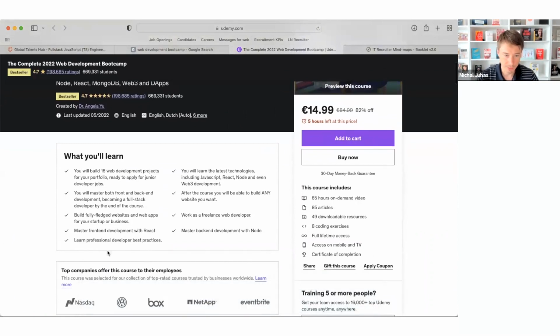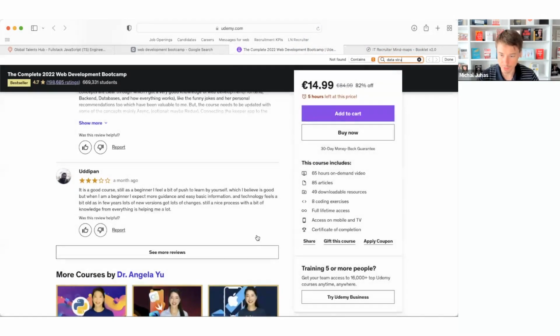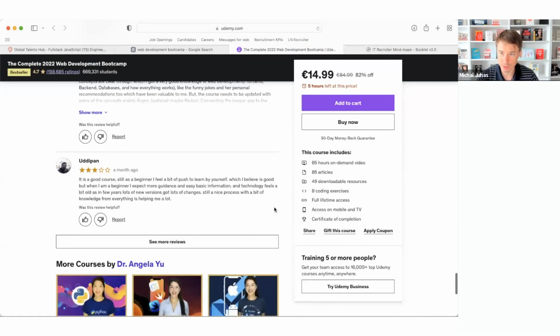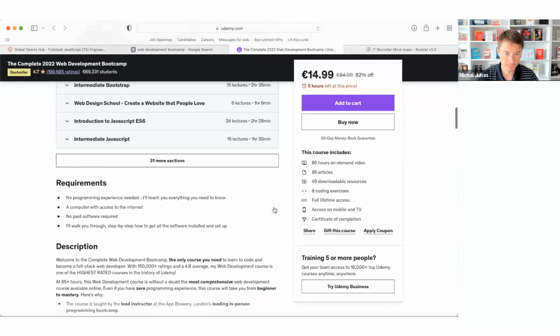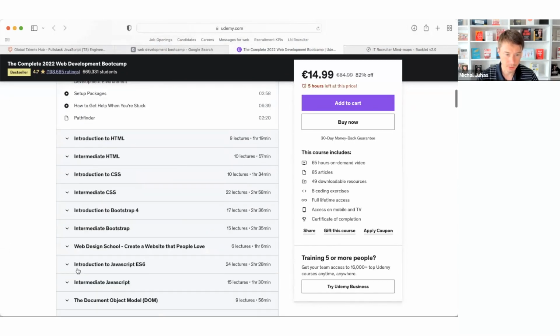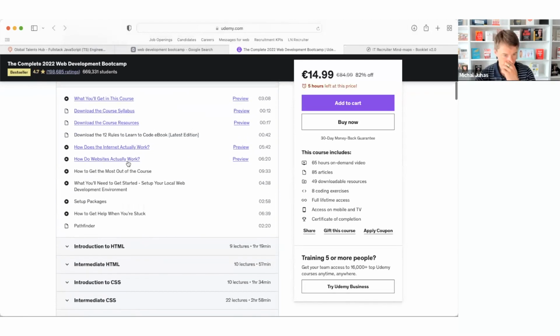Let's see if the data structures are in the courseware. How can I see the content of the course? Oh, here, sections. Okay, so if a developer doesn't study at a university, but just goes through some online course, for example,